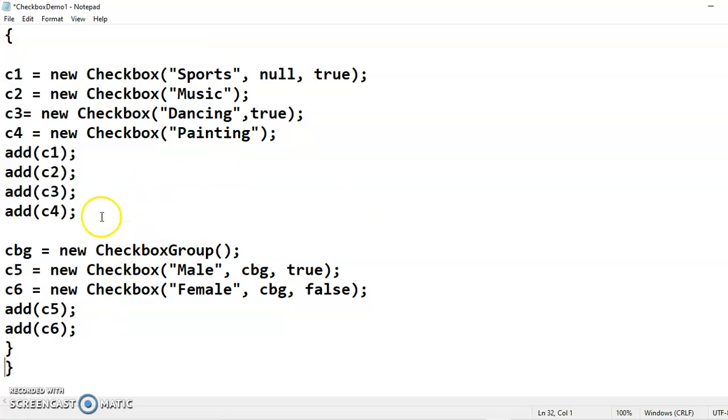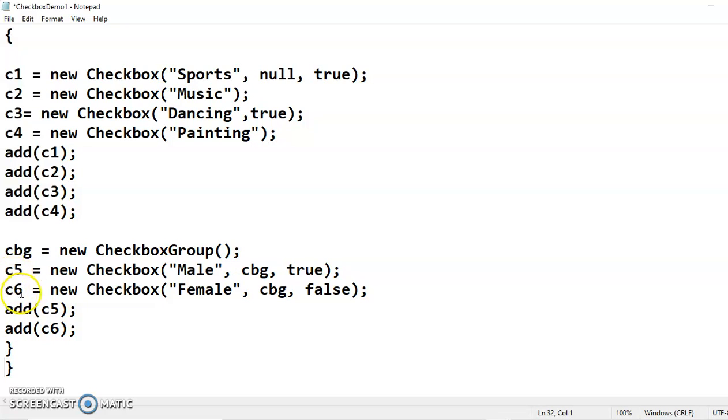Till this part only hobbies are created. But now I want to create a radio button which will ask the gender of the user. So for that I'll first define the checkbox group object as cbg equal to new CheckboxGroup. Now I will define checkboxes C5 and C6.